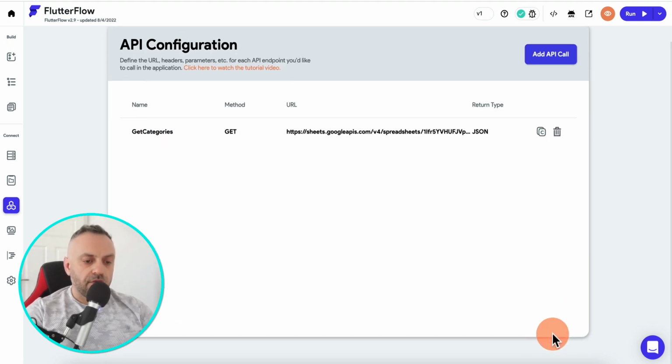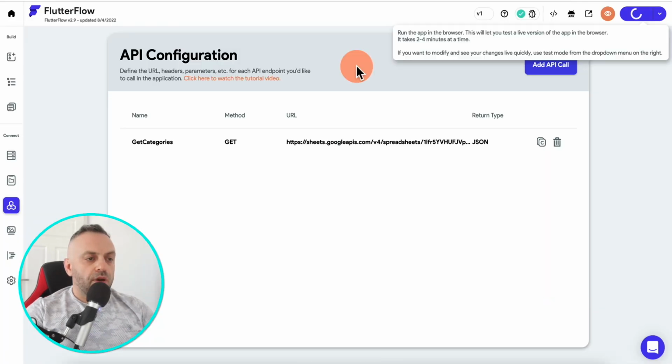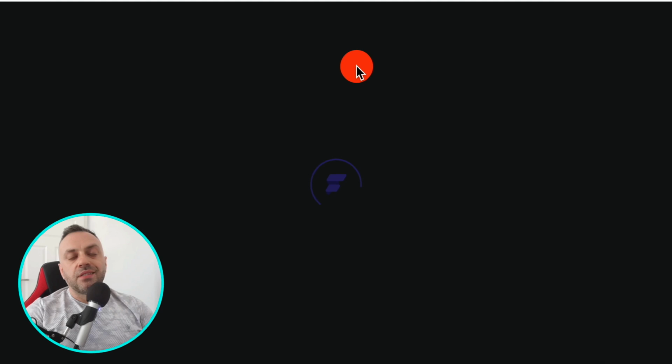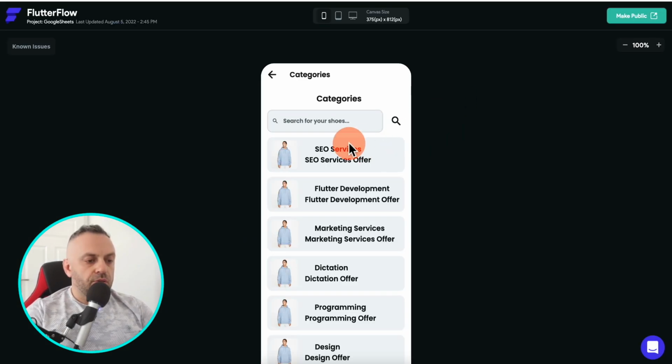Okay, so we're going to say save call. And now all we need to do is restart the app and run it again, and that will hopefully skip that first row, which is the header row. All right, so here's the new app, and as you can see, we're no longer displaying the header row. We got the images here, and we have the name of the offer types, and we can also fix